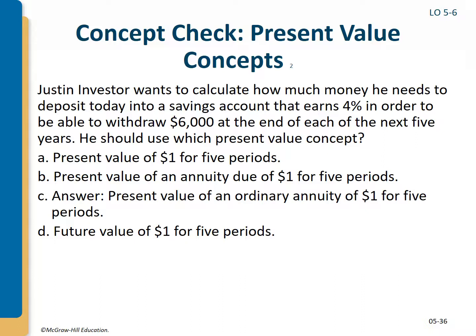So what's that $6,000 we want to withdraw worth today? The other key thing when calculating an annuity is that the bottom item,